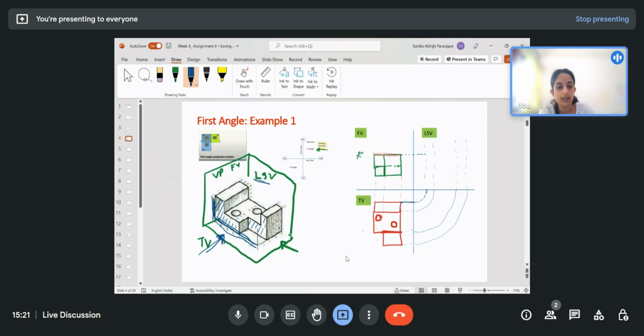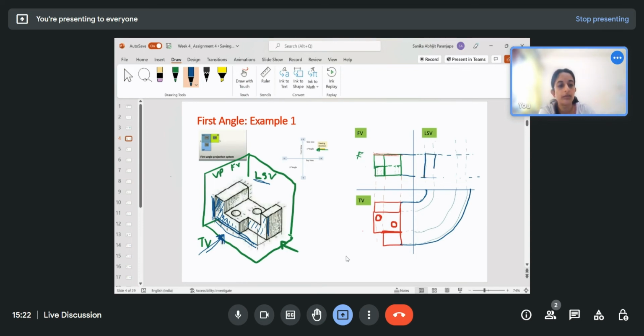I'm projecting this length from the top view here like this, and I'm projecting this height from the front view here. Then this L-shaped plane, I can see it like this,